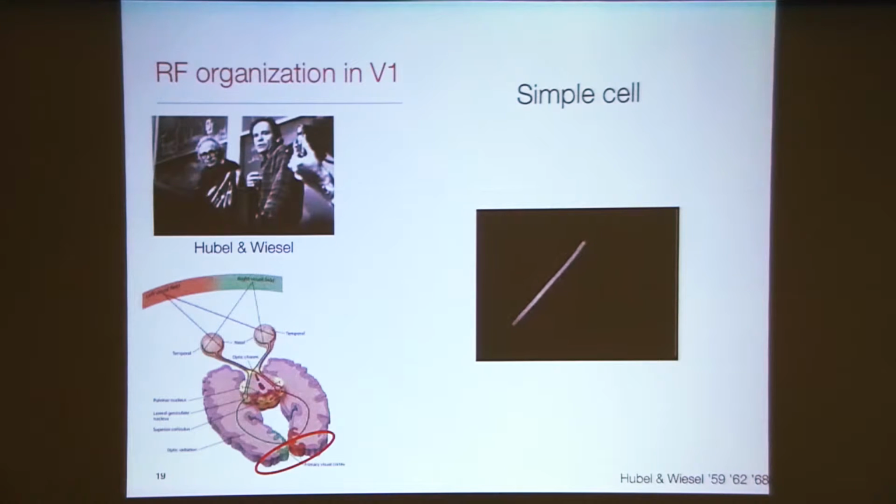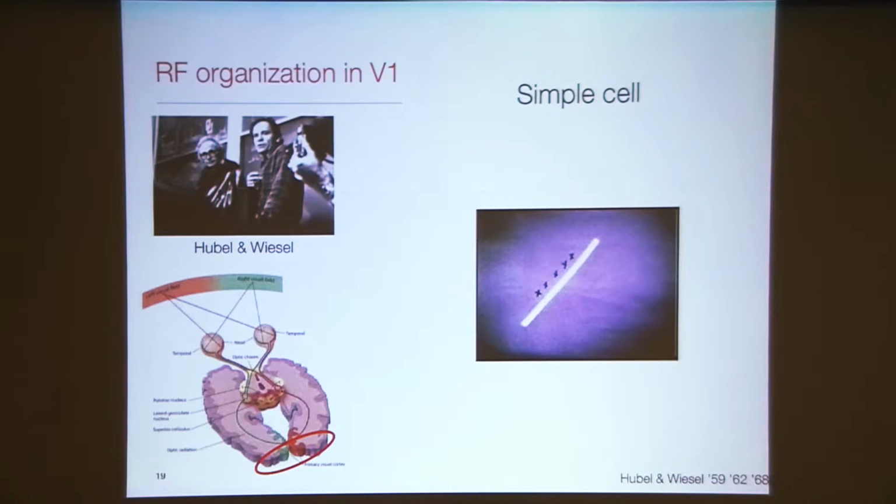So here's an example. Actually, I wanted to show you an actual movie from Hubel and Wiesel doing one of these seminal recordings. What you see here is that they're using a fairly old apparatus, which is just a slide projector, where they're using the slides to present various kinds of bars and edges at various orientations. You should be able to hear a noise. The noise comes from the fact that the spikes they are recording through the amplifier are hooked up to a set of speakers, which allows them to hear the response of the cell